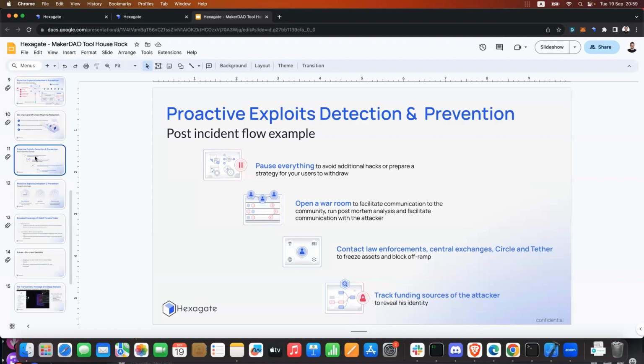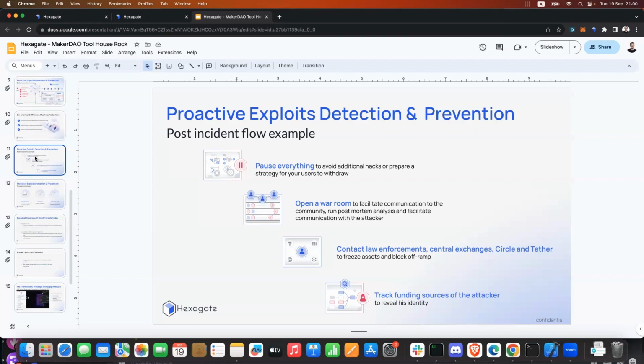And also to discuss how this incident should be communicated to the community as fast as possible, because eventually this is user funds. And also anything around contacting law enforcement, exchanges that can possibly help, stablecoin providers and so on to freeze assets.